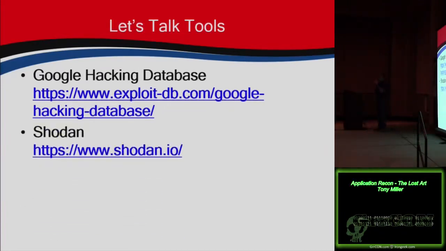You'll probably be able to find a Google dork that'll help you search for it. How many people have heard of Shodan before? Oh, that's awesome. You don't know how many times I asked that question and everybody's looking around at each other like, what the hell did he just say? No, Shodan is awesome. So Shodan is basically the catalog of all internet servers everywhere. It is the coolest thing ever. You want to know what servers out on the internet are running a particular version of some vulnerable software that they just launched an 0-day for, Shodan's your answer.